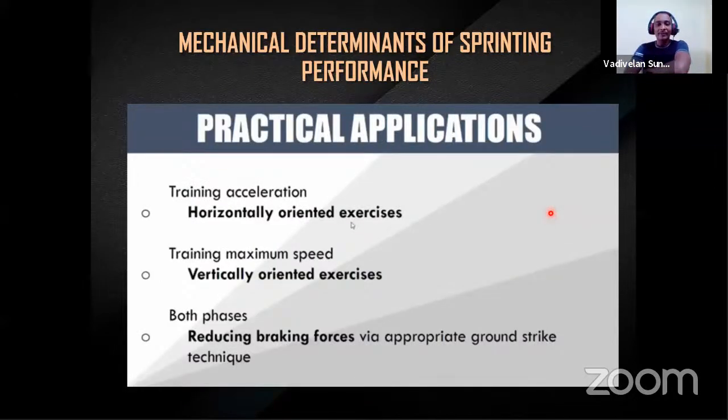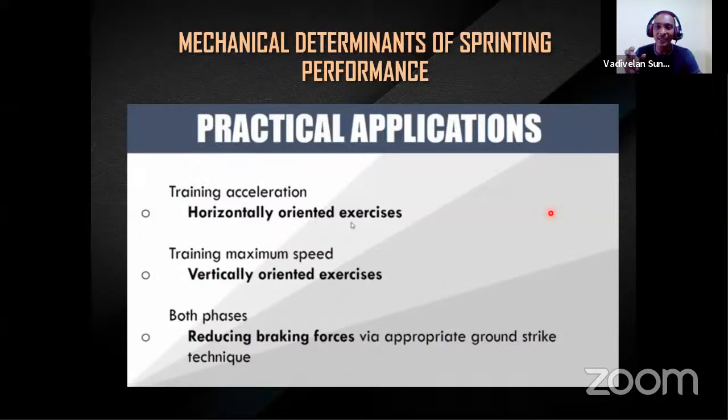So why do we have to analyze this? Why do I need to know all this? As I told, there are two forces, one horizontal and another vertical. You may assist the athletes. You can divide running into two parts, the acceleration and the maximum speed phases, so you can find where the athlete is lacking, whether in the acceleration phase or in the maximum speed. Where he is lacking, you can assess the athlete.